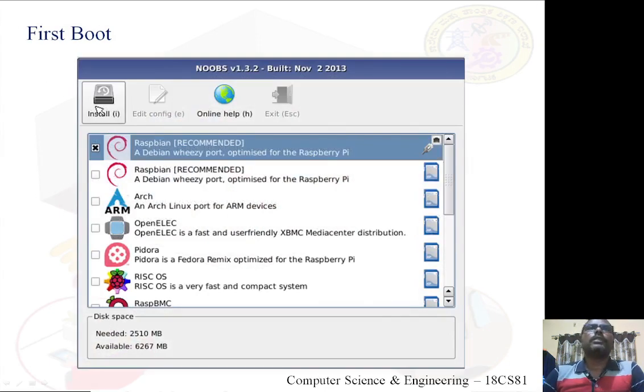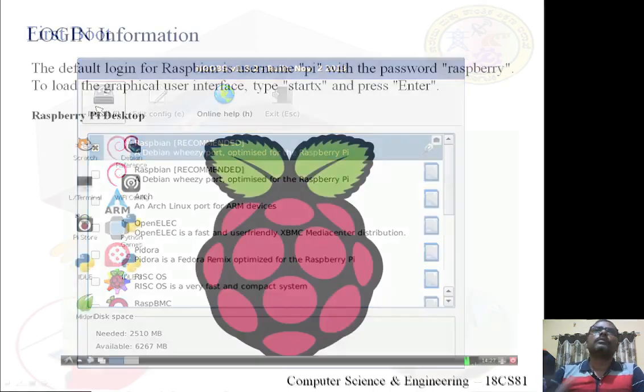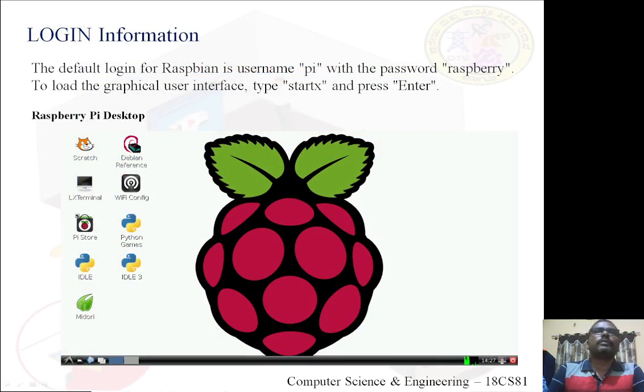So now this is what I said. First boot, choices. I have selected Raspbian. I have clicked on install. Installation process continues. Raspbian gets installed completely. Now one thing, in the next boot, or the first boot after installation,